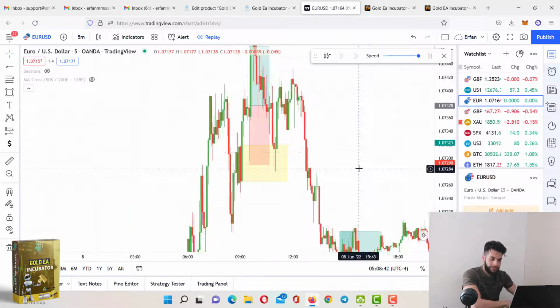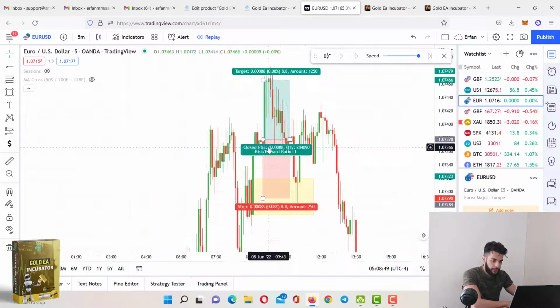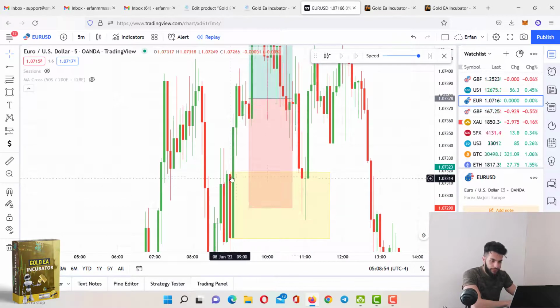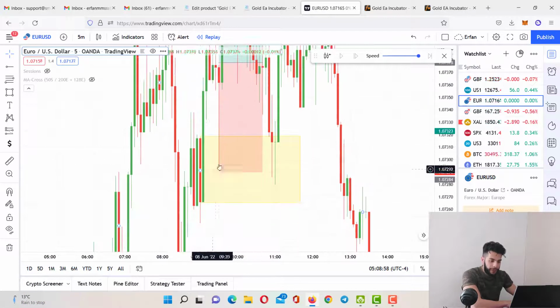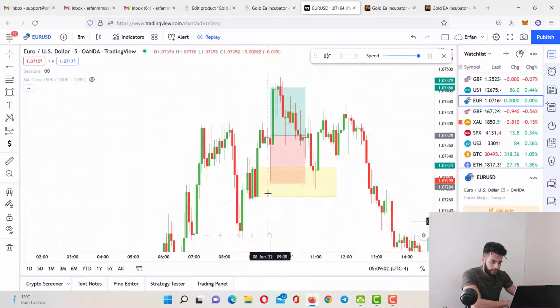So I'm not going to do a replay because it's been almost 15 minutes already, and you know how the strategy works. So let me go to EURUSD around the New York session, actually at 9:35. This is the high probability demand zone that formed here, and this is the first candle that literally tapped into this level. You put your buy stop here, your stop loss below the previous candle, not here because it's too